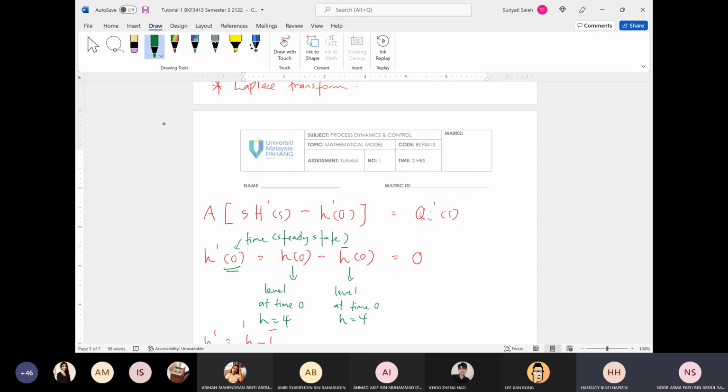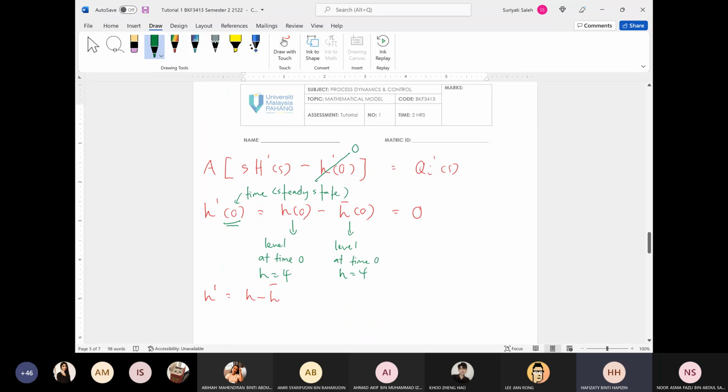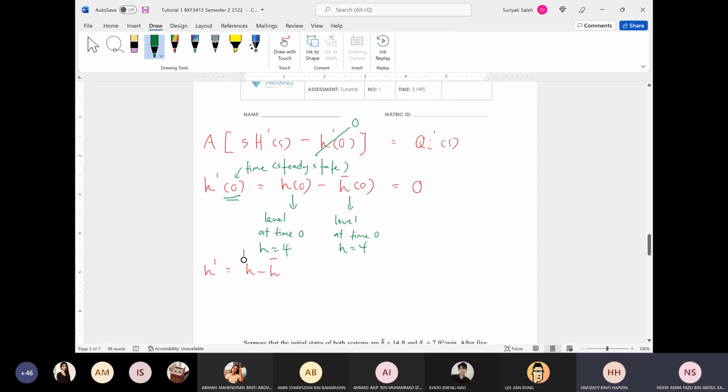This part will become 0, so we simplify the equation. Our equation now becomes